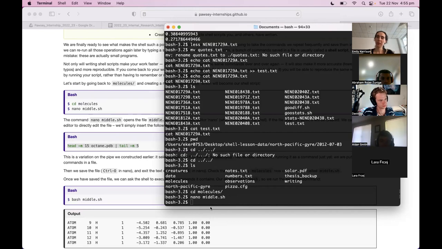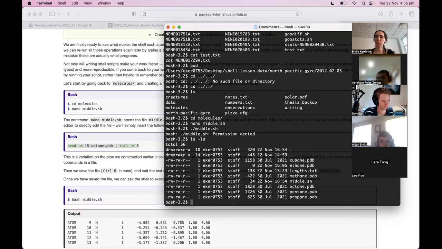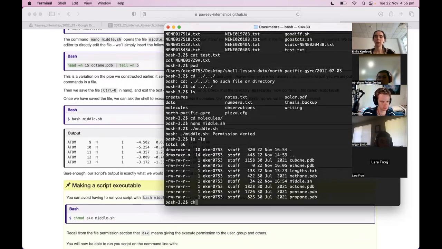But if we wanted to try and run it just as is, middle.sh, we will find that permission is denied. This is because of what David was talking about before, permissions. If we look at middle.sh here, it's not got any X's, which means no one has permission to execute it yet. So we're going to change that. We're going to give everyone permission to execute, and we're just going to do that with chmod. We're going to do all here, but you could select other user groups individually as well, but I'm just going to make it a bit faster, use a. We're going to add +x to